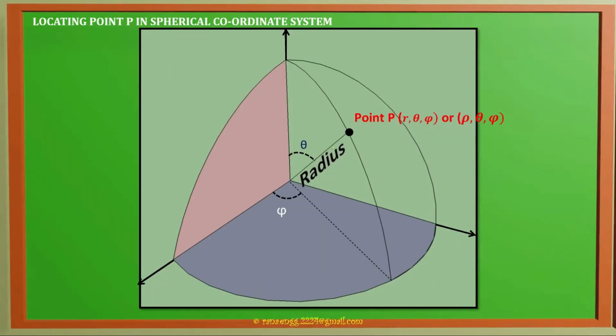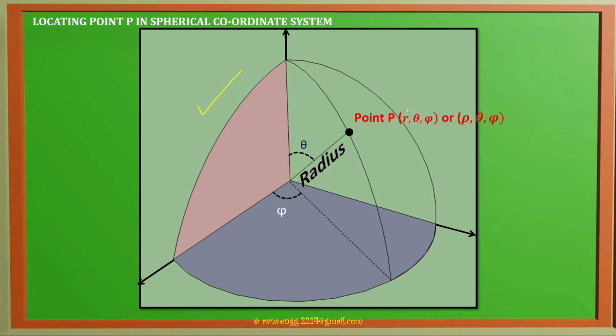Without using these shapes, if we take the cross-sectional view of a sphere, in many books a diagram like this is used. It shows the cross section of the sphere. We should not get confused that we are not able to see the exact sphere. This is also representing the three coordinates which we require to locate a given point P.